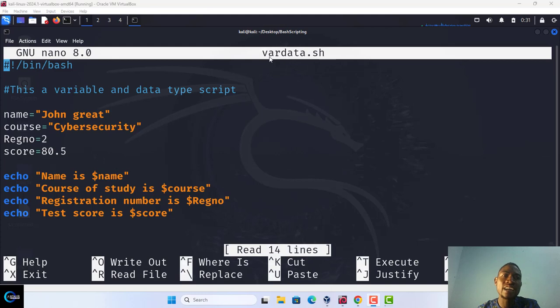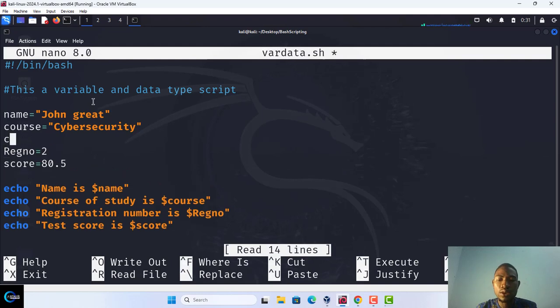I want to look at another aspect of variables. This type of variable we want to look at is called constant variables. In the variable that we are looking at now, this variable is called dynamic. This particular one here is dynamic because if I change cost now, let's say I come here and say